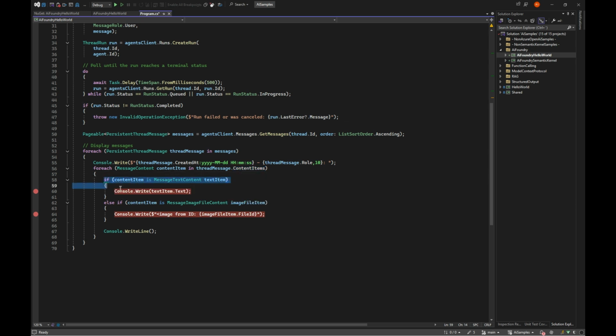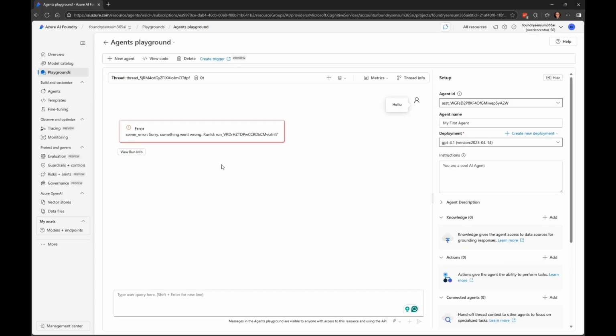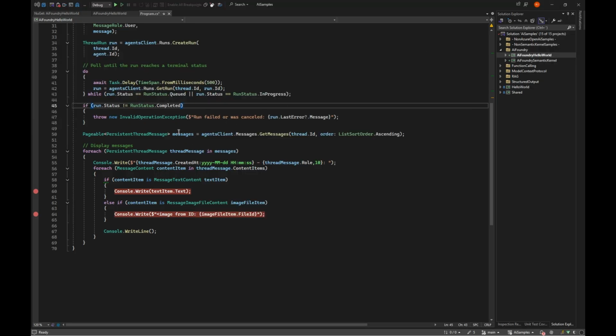And then you get data back, like the text that it writes back, and in this case, the files it writes back. Because what you can do up in the portal is that you can add various tools to this. But let's first see if the agent works